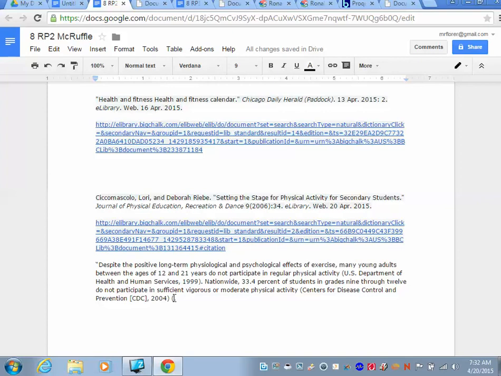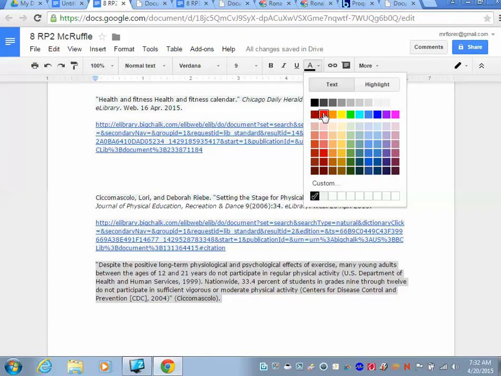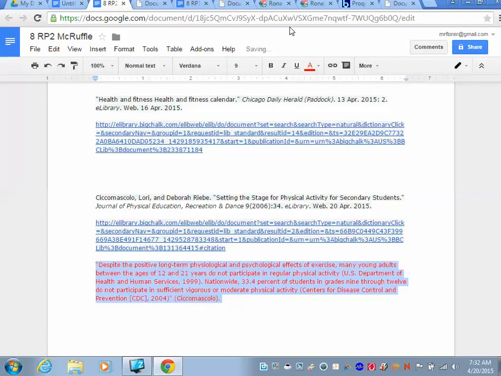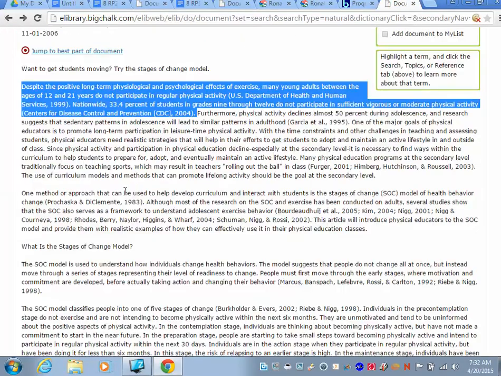So I'm going to then paste it in there. I'm going to put that, and then I'm going to put a quotation mark after their citation, and then I'm going to turn that red. So then I go back up here, turn it red, and then I'm going to go back to the document again,